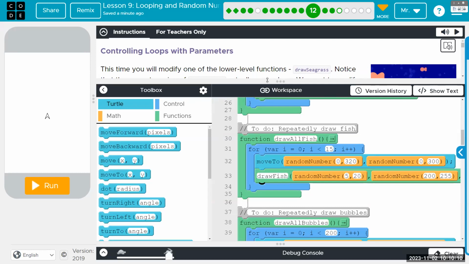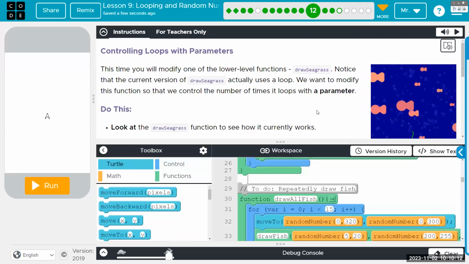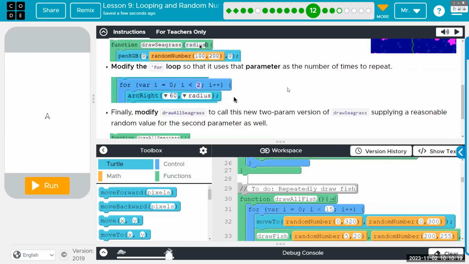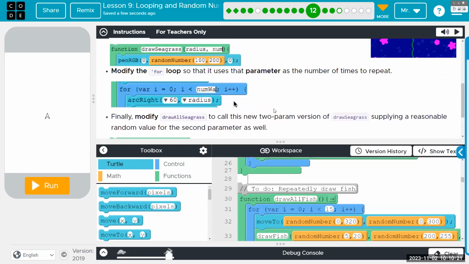Okay, bubble 12. We have 2 different things to do to the seagrass. We have to go to the lower level function and change a couple of things.